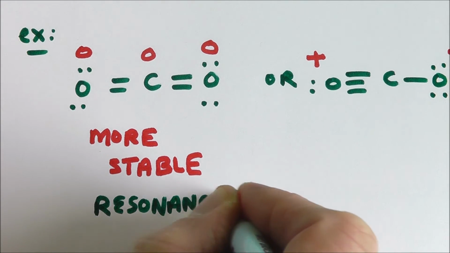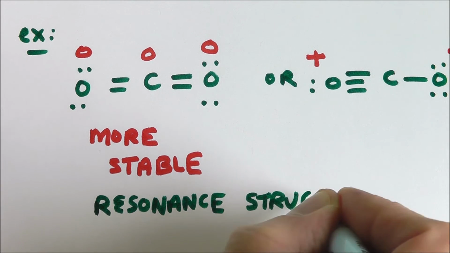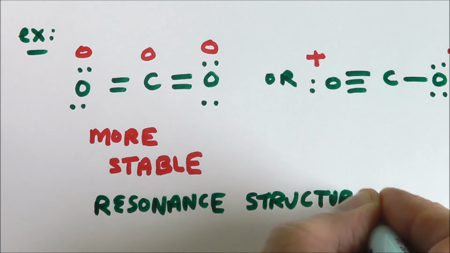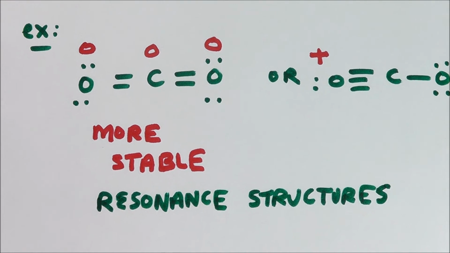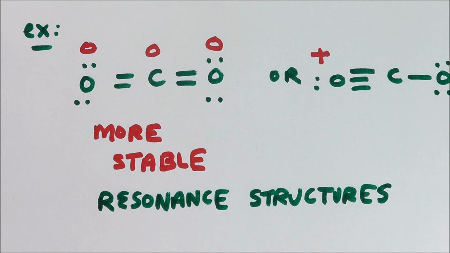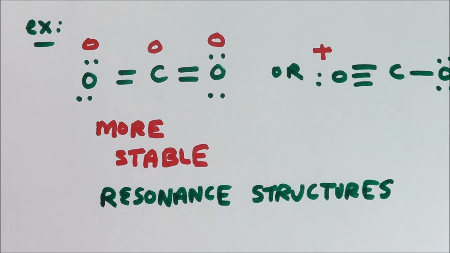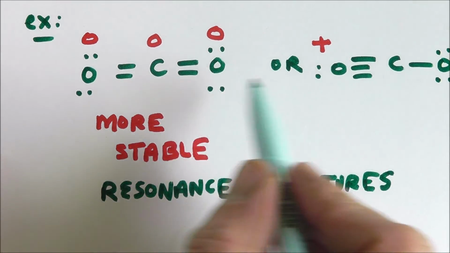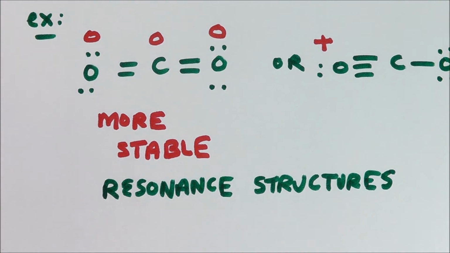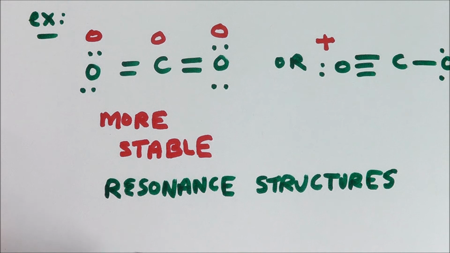This happens a lot with multiple bonds. So it is theorized, and you folks who are going to go further on into organic chemistry, you're going to have plenty of resonance structures thrown at you. But it's theorized that these sort of add stability. They give the electrons sort of room to roam, if you will, and this adds stability if there are resonance